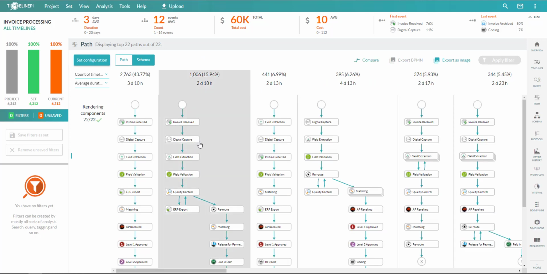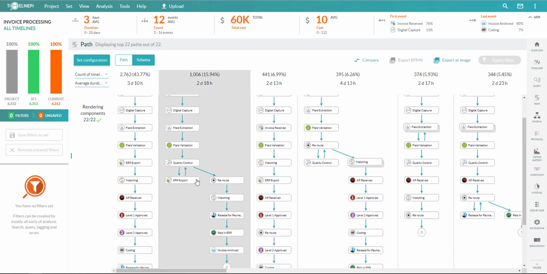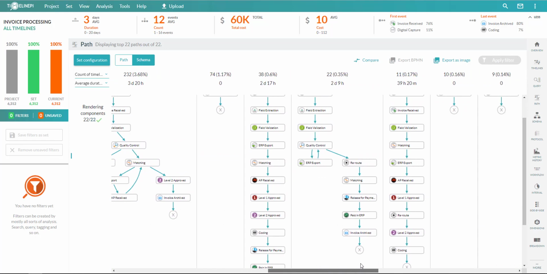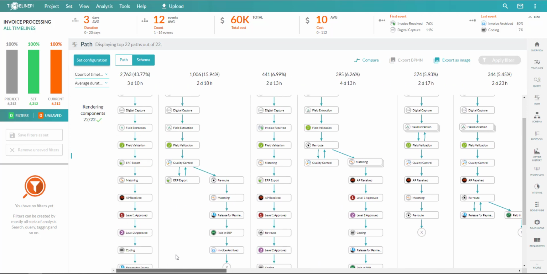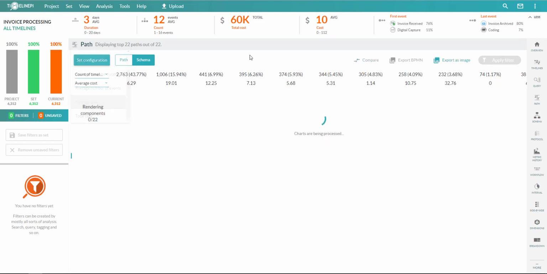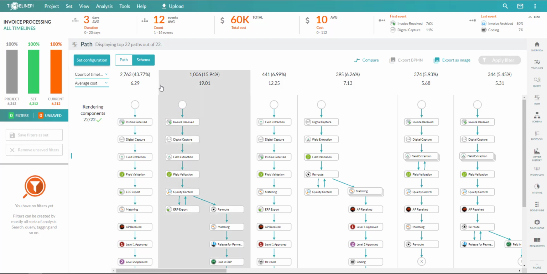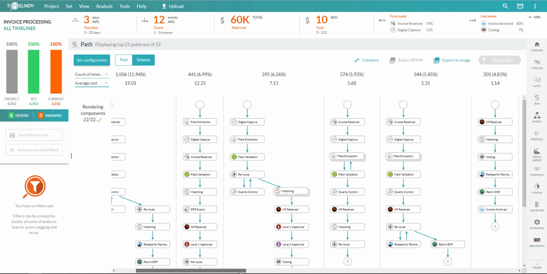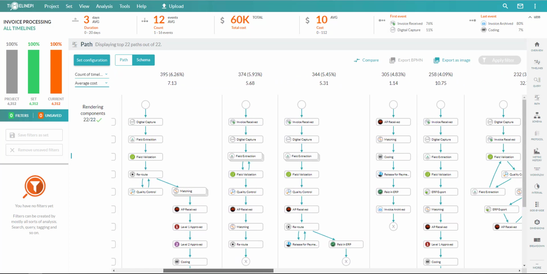If you like that schema model, now we can see things like branching and rework as you scroll across. See some interesting schemas. You've also got the ability to compare these different patterns or behaviors based on cost. So what is the bottom line cost to me as a processor when we run an invoice through one set of steps versus another? And if you see anything stand out here, whether it's based on risk, time, cost,